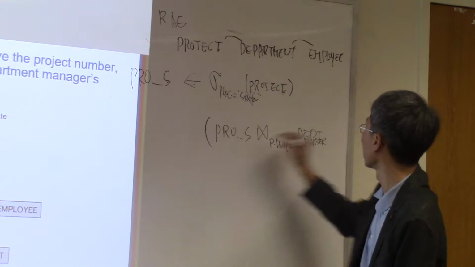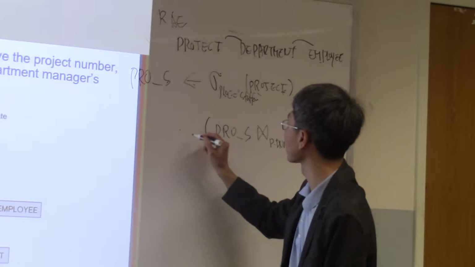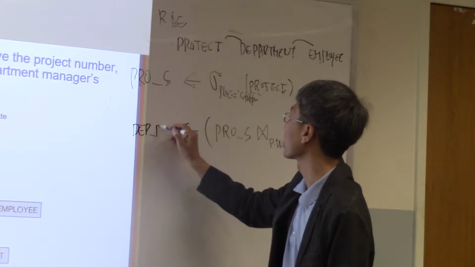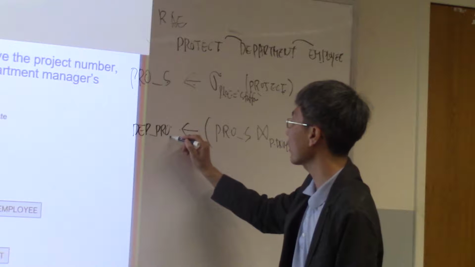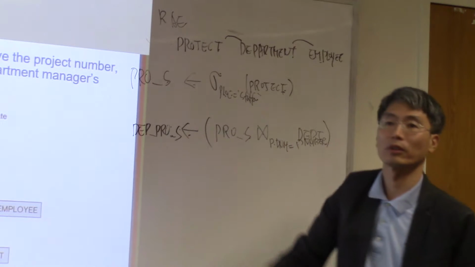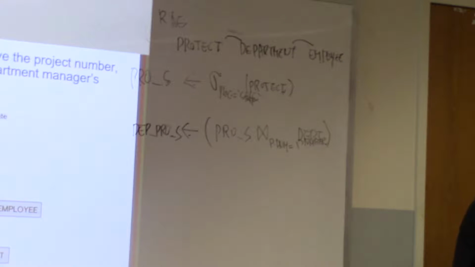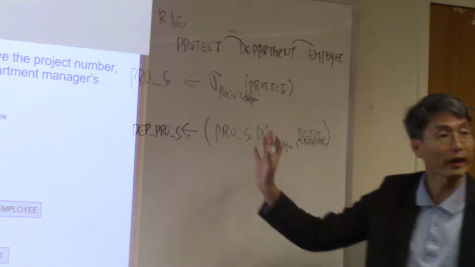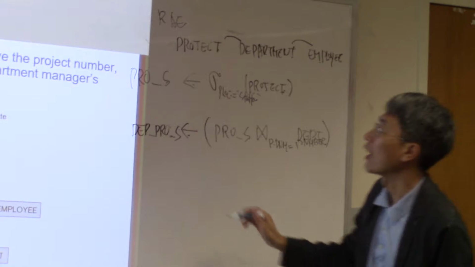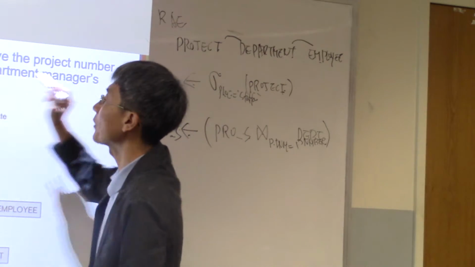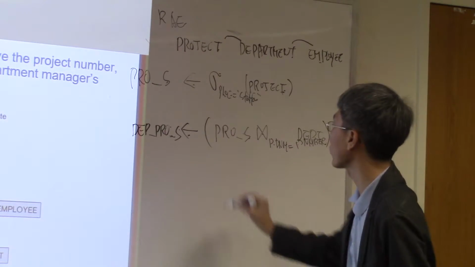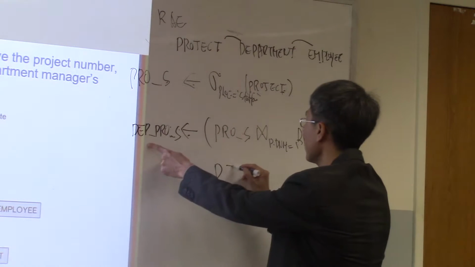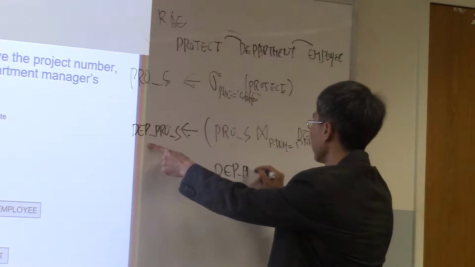So join, then this is the department and project. Each project is located in Stafford. There might be several departments, we don't know how many. Okay, but anyway, the output is this one. Then we want the department manager's last name and address, which means we need to join this relation,